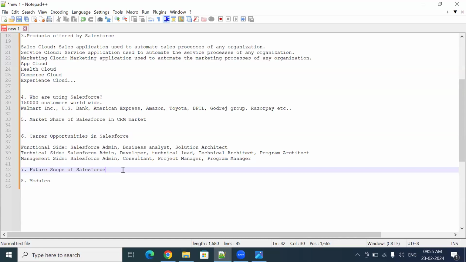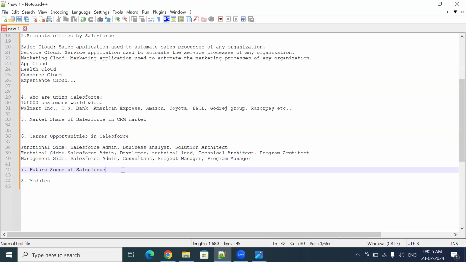Future looks very bright. There is no doubt about that. So there is no doubt in learning Salesforce or choosing Salesforce as a career opportunity